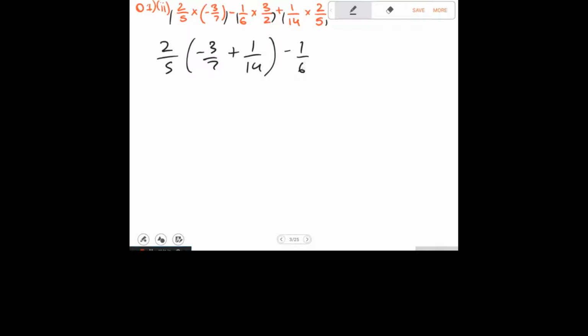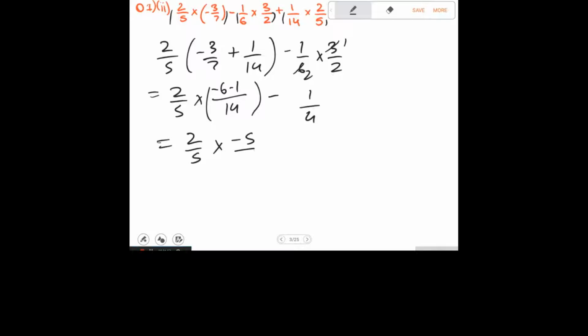minus 1 by 6 into 3 by 2, which equals 2 by 5 into, you can take here 14, so into 2 minus 6 minus 1, minus here twice, it will be minus 1 by 4, which equals 2 by 5 into minus 5 by 14 minus 1 by 4, which equals 2 by 5 into minus 5 minus 10 by 70, which equals